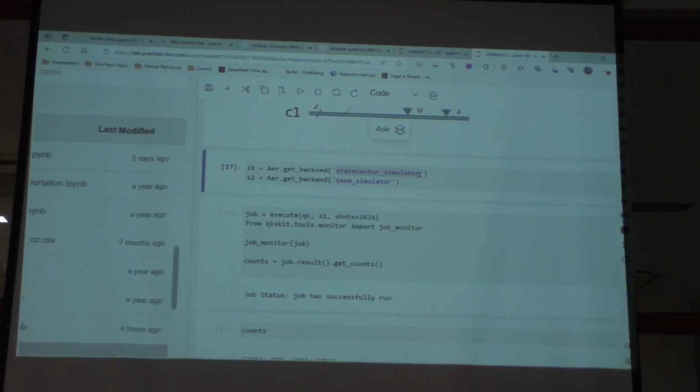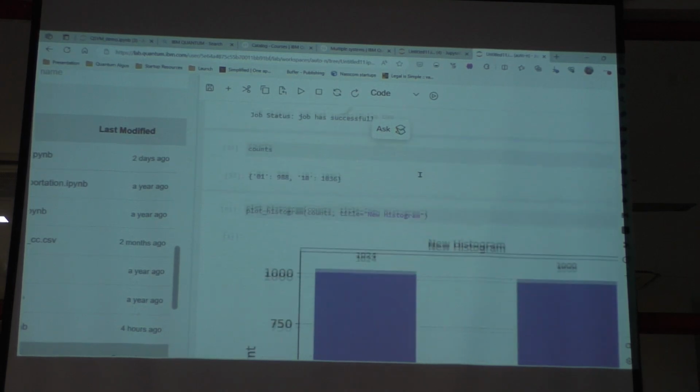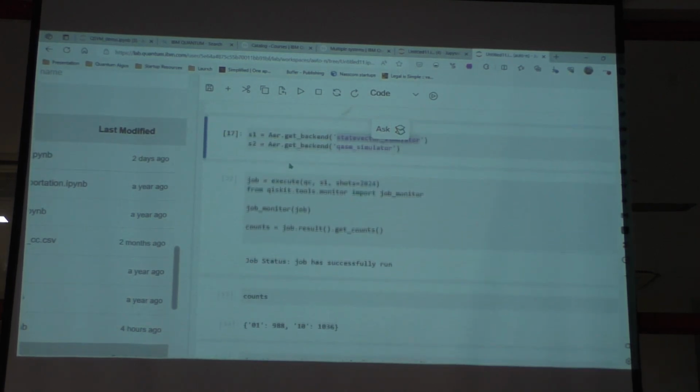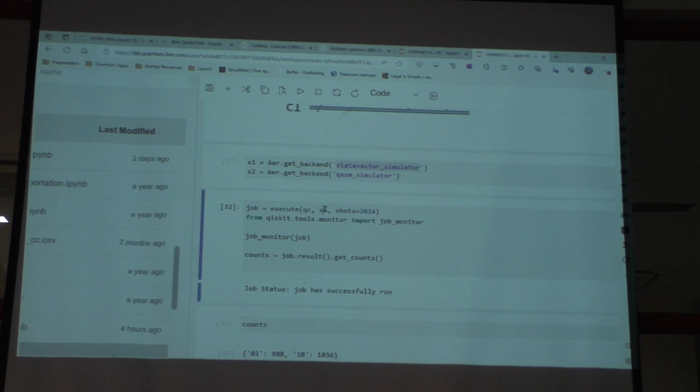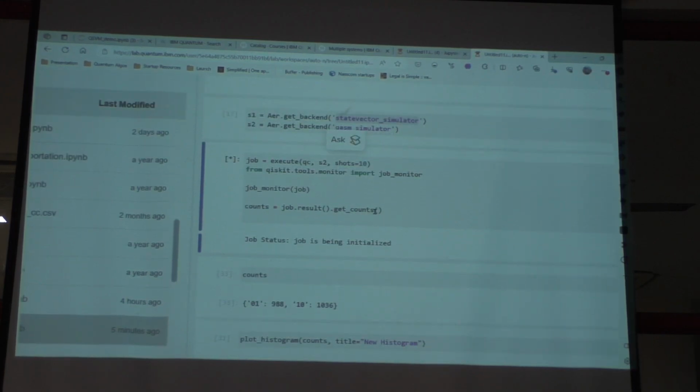So you won't be able to say, okay, I got 1000 one time, and next time you also get 1000. No, it is going to change. And this is where a lot of advantage is actually coming, this unpredictability and superposition that we have been seeing. You can also select S2, and you can also try to reduce the number of shots, let's say 10, and it will probably complete much faster.